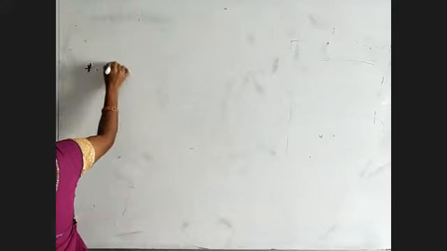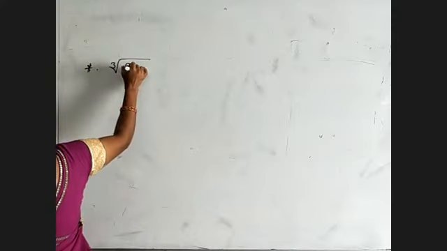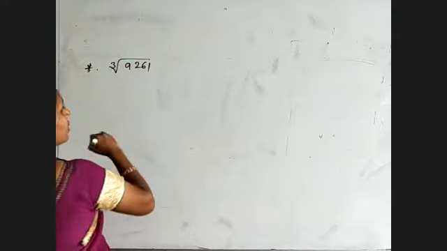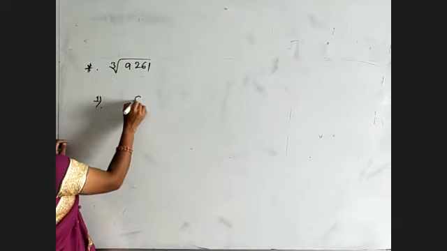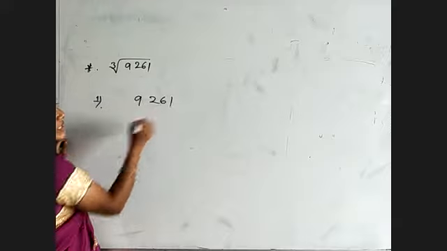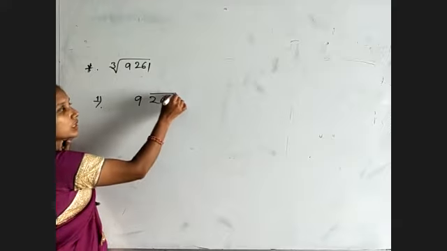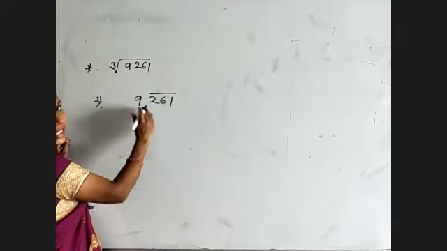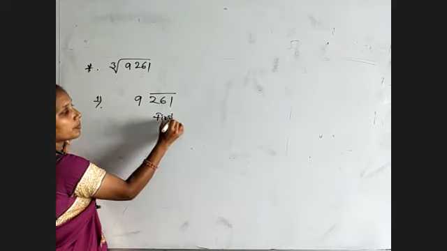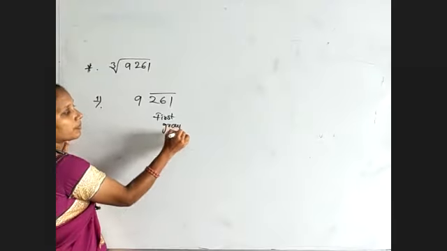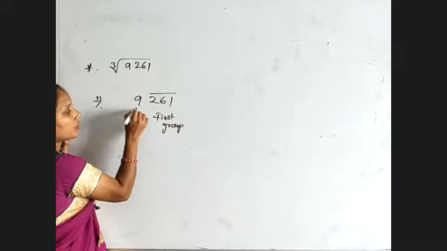Now one more example we will see for this type of estimation. Cube root of 9261. So first of all, observe the first step. We need to take the given number. We must divide into groups of 3 digits from the right side. So here 3 digits are this one. This is my first group. And it is a second group.